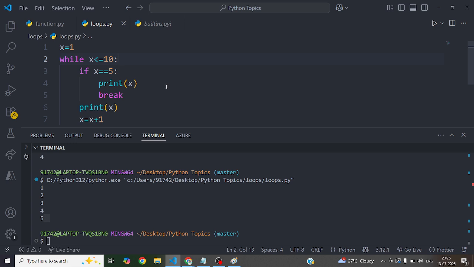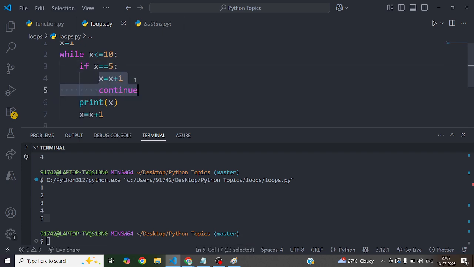So break will be used whenever you explicitly want to terminate the loop for some specific condition. It is the condition. Same as continue, for some specific condition you want to skip that particular value's evaluation, like this one. Whenever 5 is there, don't need to print me, just skip my execution flow.